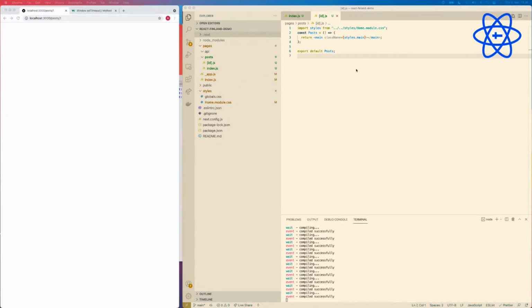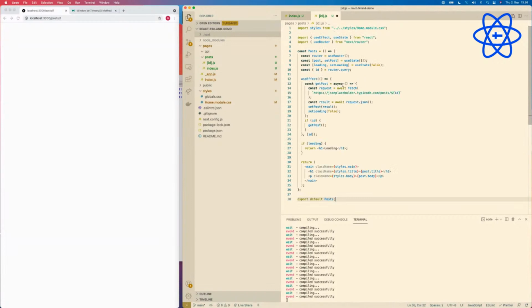And I'm going to be showing, for instance, how you render the client-side application. So I'm just going to take some code here. In this way, we don't do anything, but let's do this. And here, what we are doing is we want to show a title and a body of the post. And when we are not showing anything, it's just going to be showing loading.